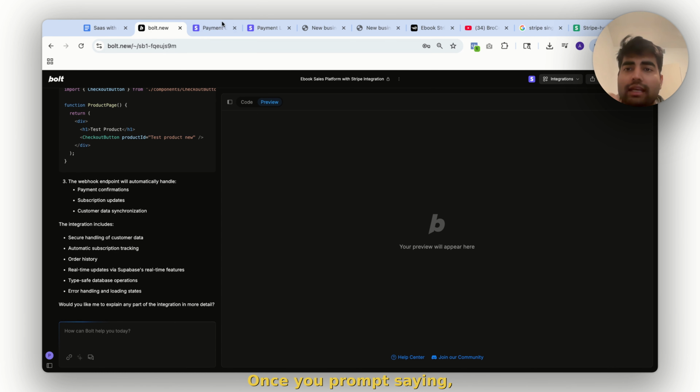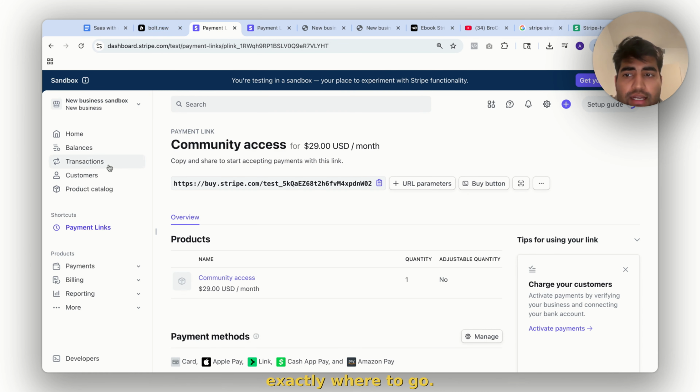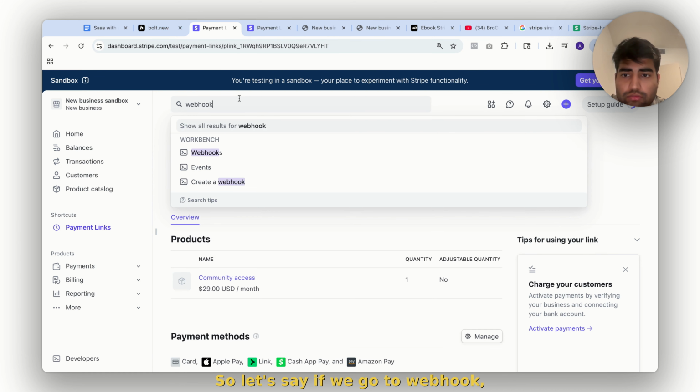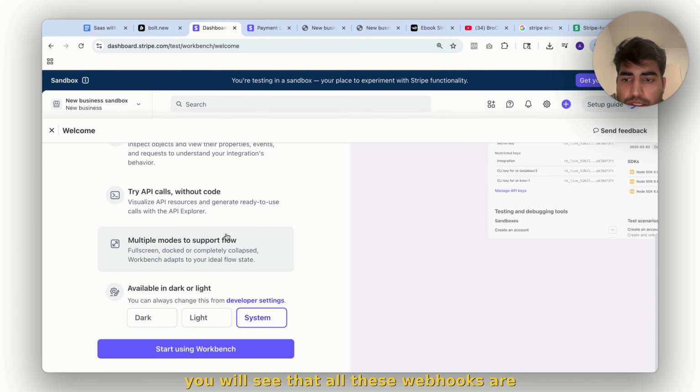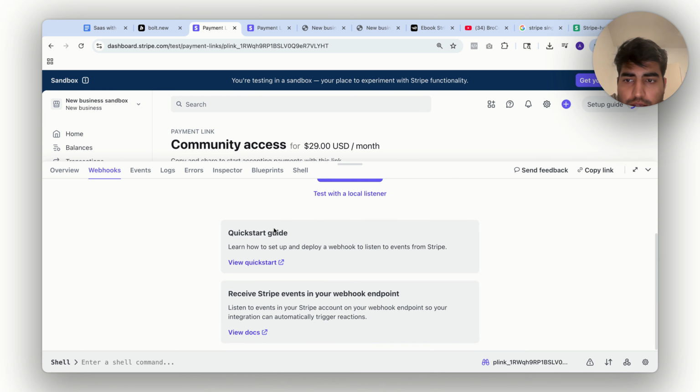Once you prompt saying, okay, we have a new product which is $29 per month, create a community page where only people who have paid are allowed in the app. It will create an auth payment, it will create a webhook payment, it will create everything, and it will tell you exactly where to go. So let's say if we go to webhook, you will see that all these webhooks are the different